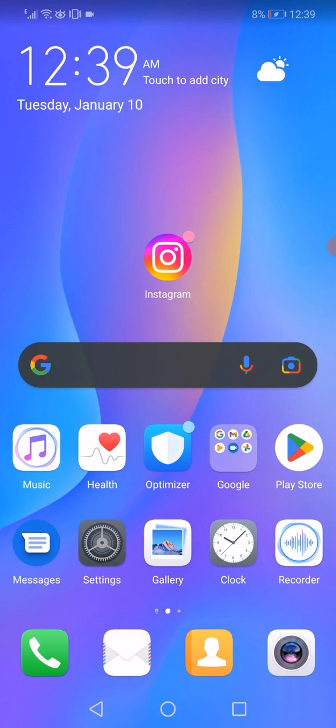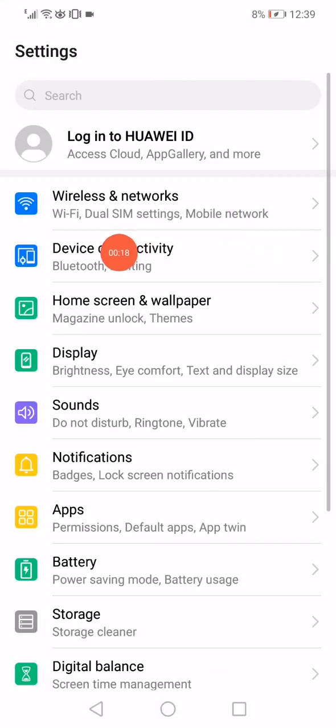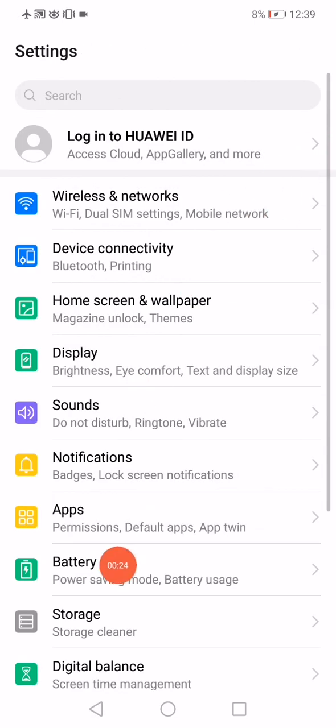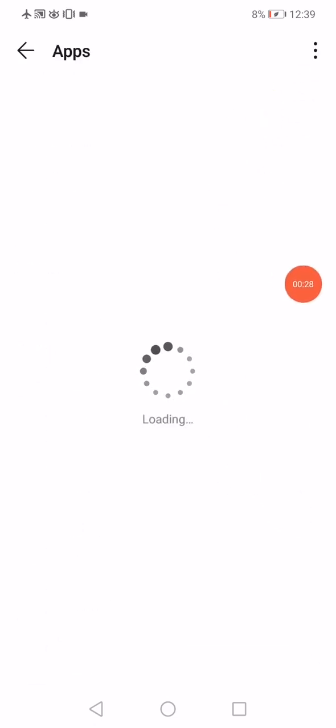Open the settings on your phone like this, and then go to the wireless and networks, and then enable the airplane mode. Go back, click on the apps manager. Open the apps like this. Now you have to wait a few seconds,